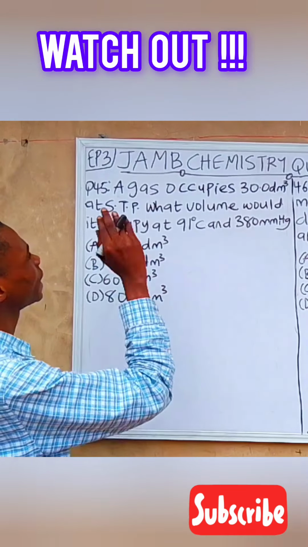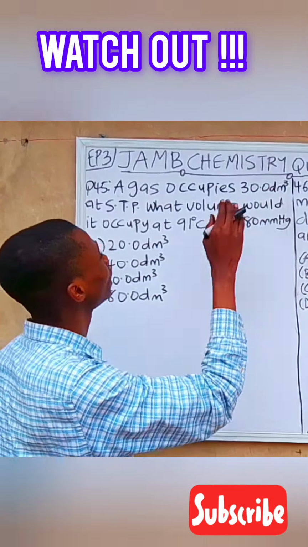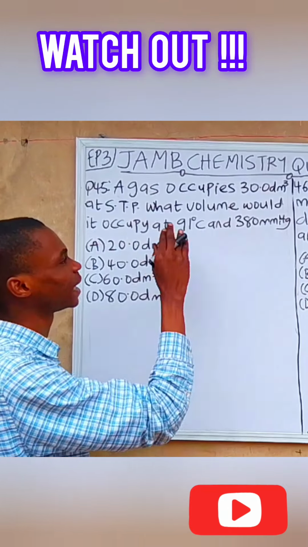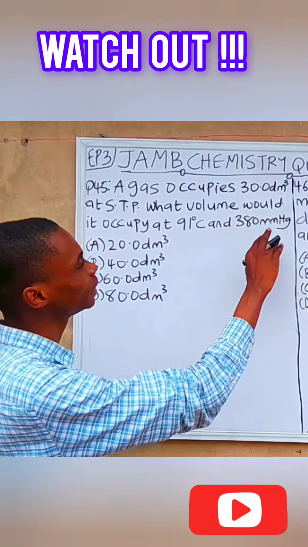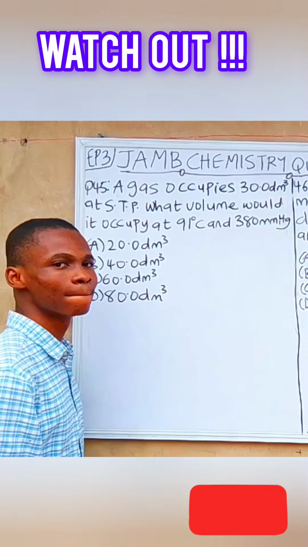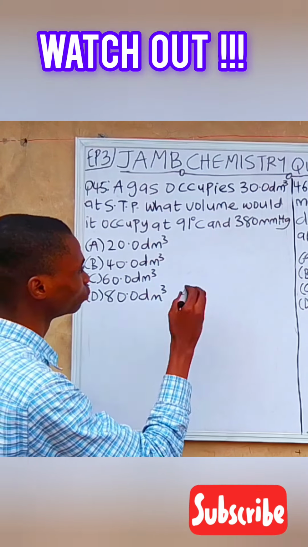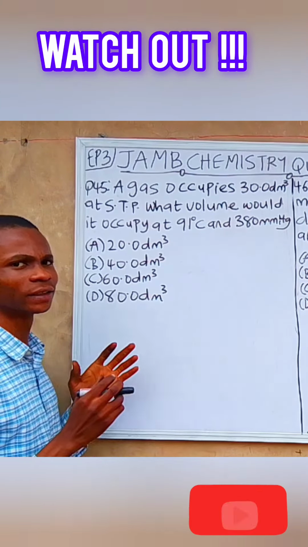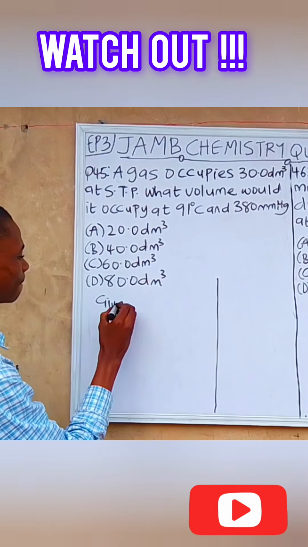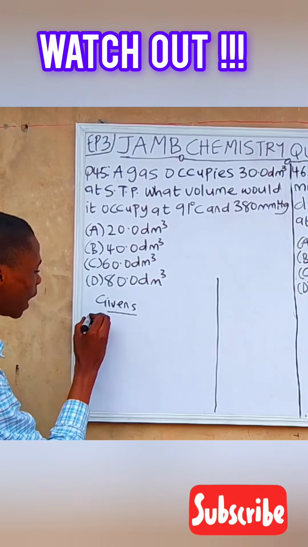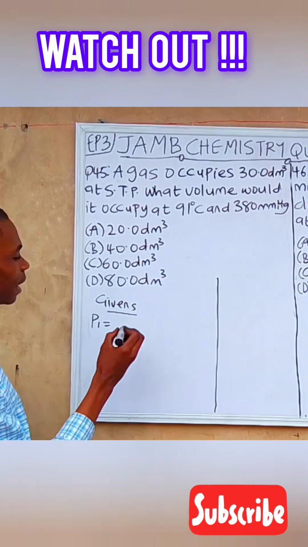Question 45. A gas occupies 30.0 dm³ at STP. What volume would it occupy at 91 degrees Celsius and 380 mmHg? So this is the general gas question, and the first thing to do is to write out our givens. Since it is STP, our P1 equals 760